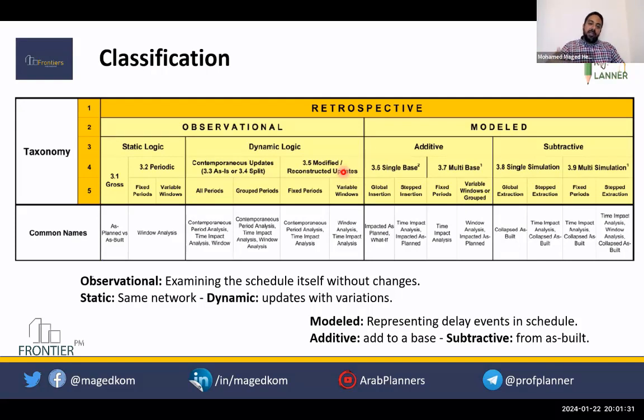Then you consolidate and combine all of this analysis and check the concurrency and the entitlement in terms of excusability and compensability.